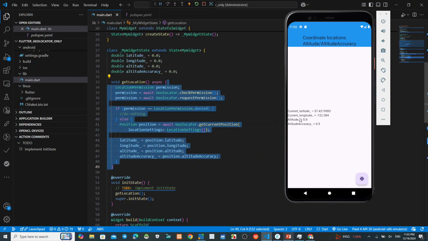The altitude is 5.0, and this one altitude accuracy 0.5. It means the real altitude is 5 plus 0.5, and between plus and minus, the minus is altitude 5.0 minus 0.5 equals 4.5. Okay, so now we have the altitude if we use this project.